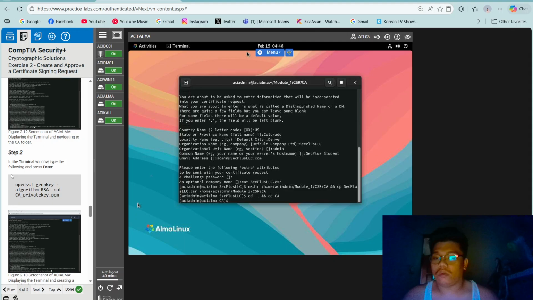So step 2, openssl genpkey algorithm RSA dash out space CA underscore private key dot pem. Enter.